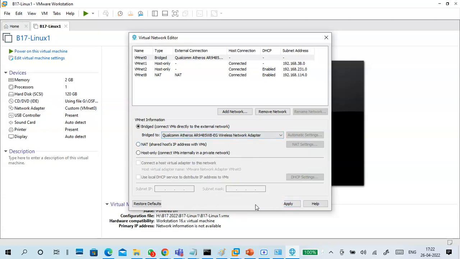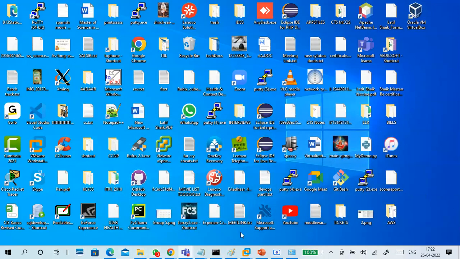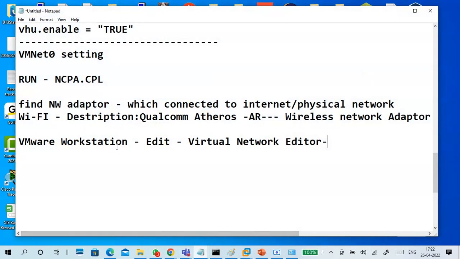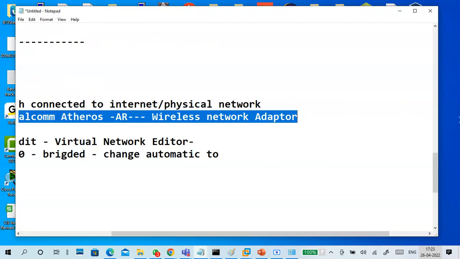So apply, okay. That is important. Click on change settings, VMnet0, bridged, change automatic to your adapter name, this one.